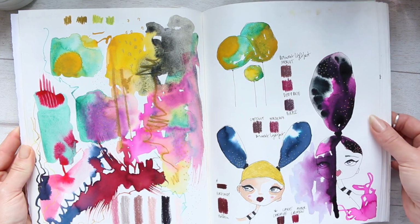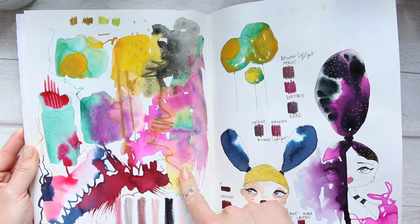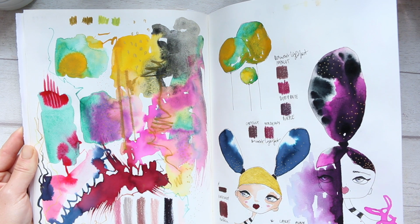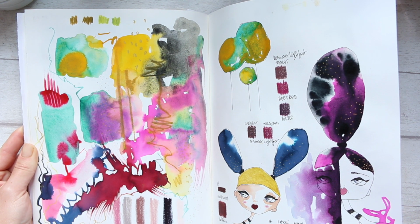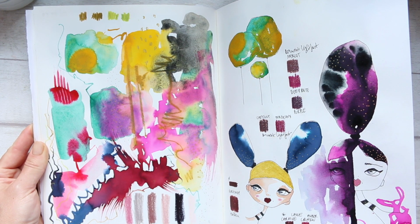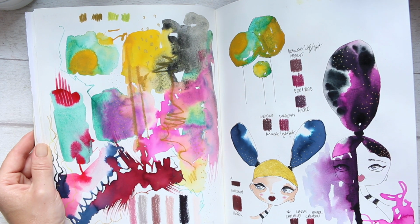So here we have another mixed media piece. This was actually quite interesting because May was a quite difficult and very stressful month that just came out of nowhere, and the entire month was a pretty heavy load. And so I completely lost my art inspiration. I find that stress really does affect my art mojo, and so this was purely sitting down and trying, out of frustration, to find my own